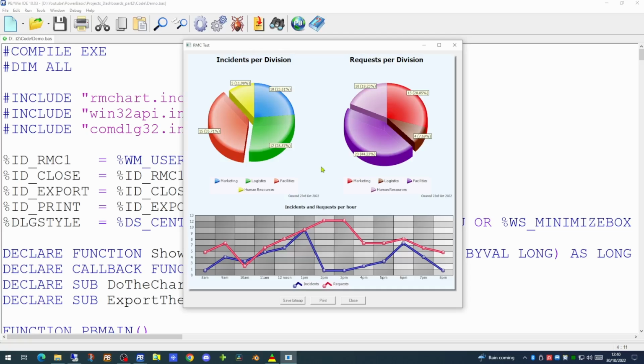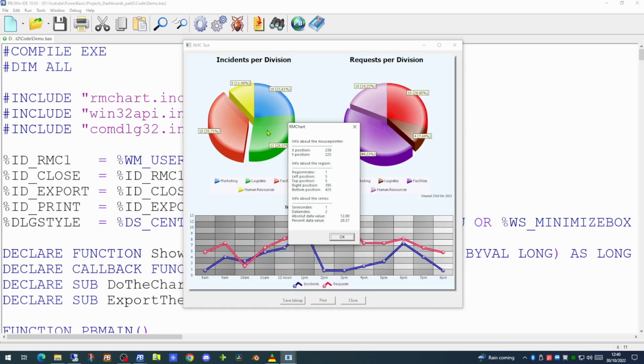But before we do that, there's one more thing I'd like to show you on the application as it stands now. One feature which is already built into this code is the ability to drill down on a slice of the pie or any part of the chart. If we hold down the control button on the keyboard and then left click on the mouse, a pop-up appears. This is driven from inside the event handler of the dialog. It provides information on what you have just clicked on. For example, it tells you it's data index number 2. It's the second slice of this pie. It also tells you the values.